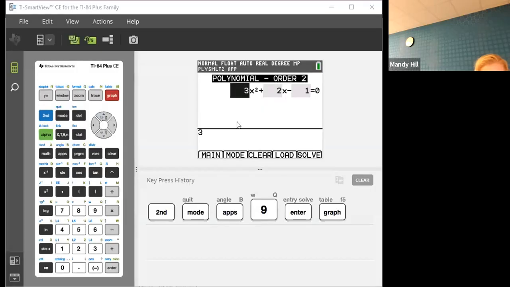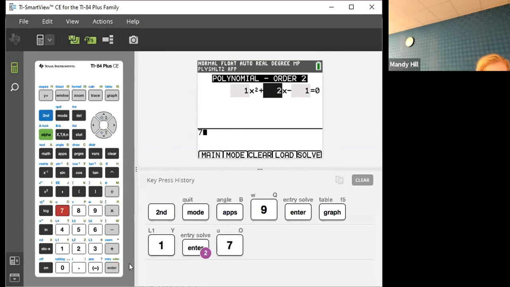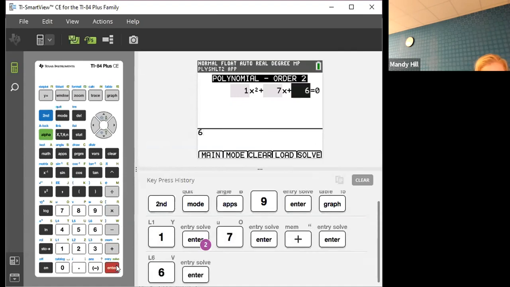So we're going to say we just have a 1 here. So 1 x squared plus 7. And I know it was q's instead of x's, but that's the same thing, plus 6. Okay, and we would type that in the calculator, and then this solve right here will get us the